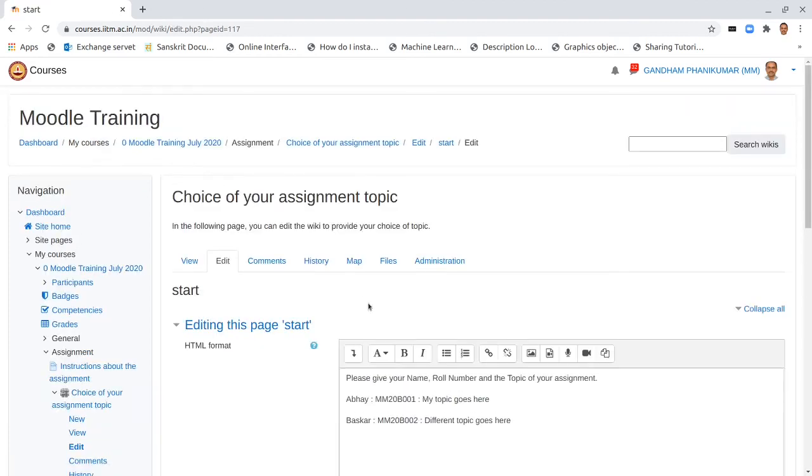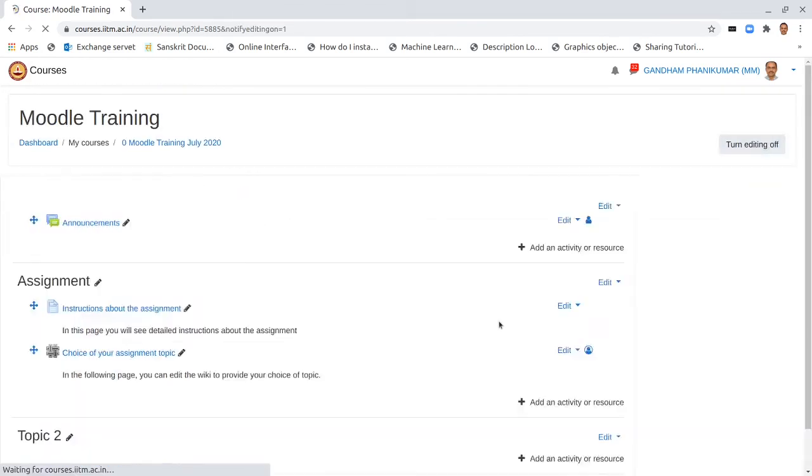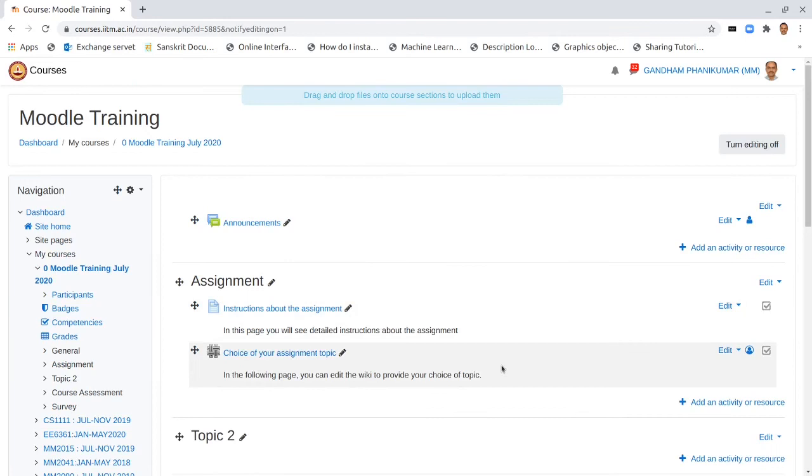Okay, so once the wiki is set up, essentially we are basically allowing students to go there and add whatever they like to that page, and you will be quite surprised to see that they actually obey the format that you have indicated and neatly type their roll numbers and names and the topics there. And you basically set a deadline for that, and after that you sign off on that saying that these topics are now frozen. Now for every assignment you must have a rubric for evaluation.